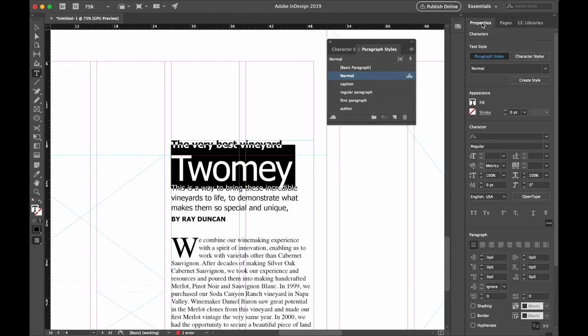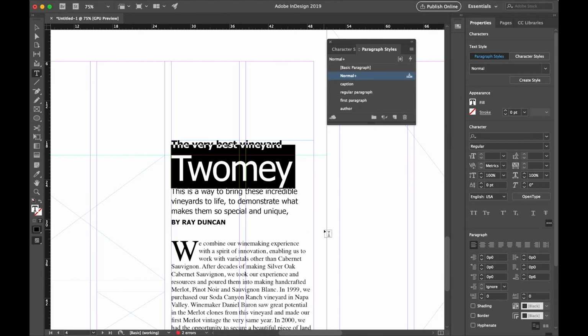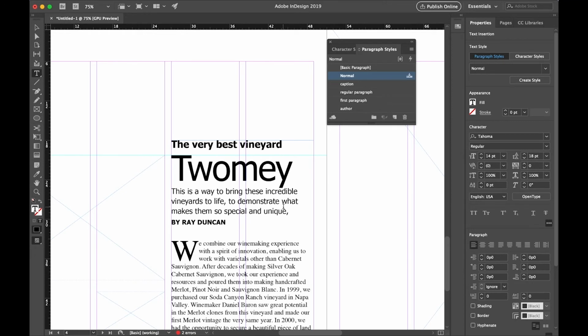So we're going to select Twomey and go to Properties, and we're going to add a little bit of space after, which is this guy here, so that it moves the next piece of text down. So now it looks much better. It's easier to read. We're also going to use one large picture in different ways to fill out our layout